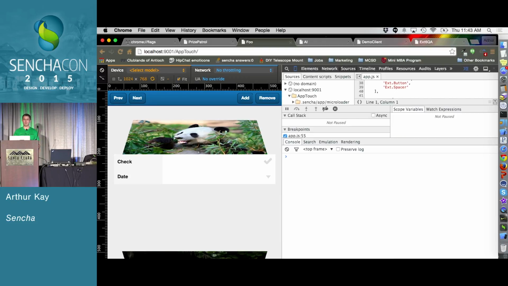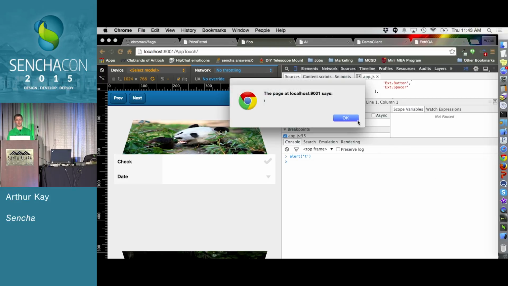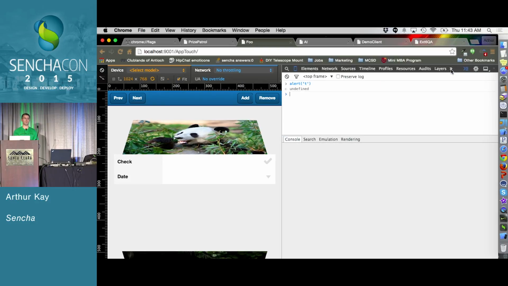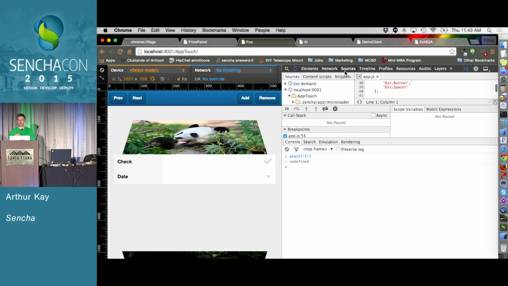So you can hit the escape key, and from the bottom pops open this drawer. It's called the escape drawer, in which you can now see a JavaScript console. I can type in any arbitrary JavaScript I want to, and it executes. And it is exactly the same console you see on the console tab. So that's great for just convenience, but what's even better is that there are 3 additional tabs next to console